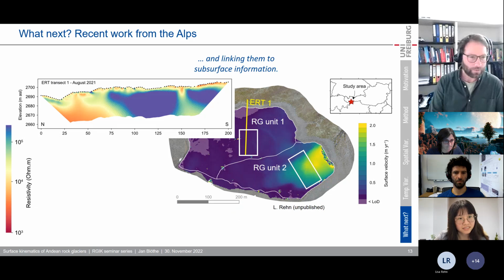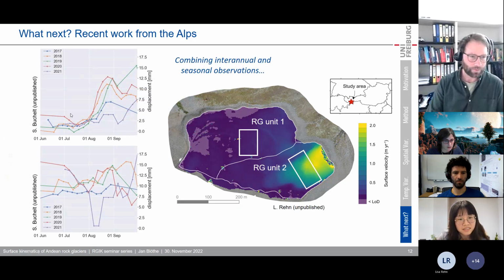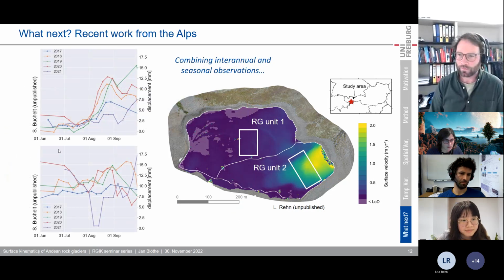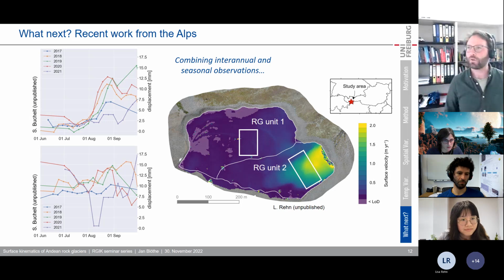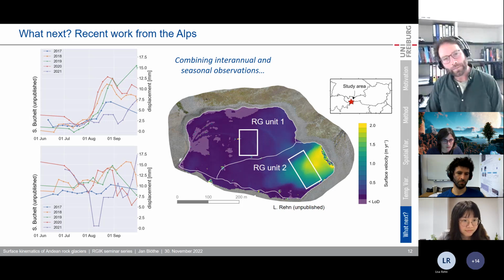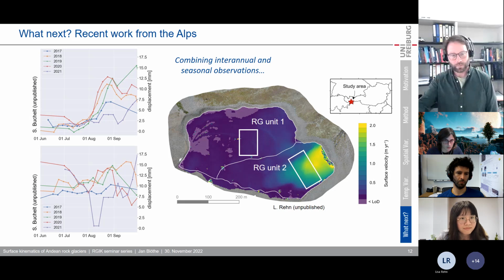Actually, as I put here, this is Sebastian Buchel's work. He does his PhD at Würzburg University at the moment, and he sees a very similar pattern in different study regions. He also assessed this in some rock glaciers in the Swiss Alps. So there seems to be a